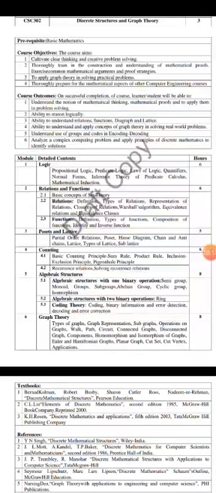If you go through these modules in detail, as far as the first two modules are concerned, that is logic and relation and function, the basic concepts that they have mentioned in these two modules you have already studied. Somewhere in your 11th or 12th, though some basic concepts are also covered in 9th and 10th as well. For example,